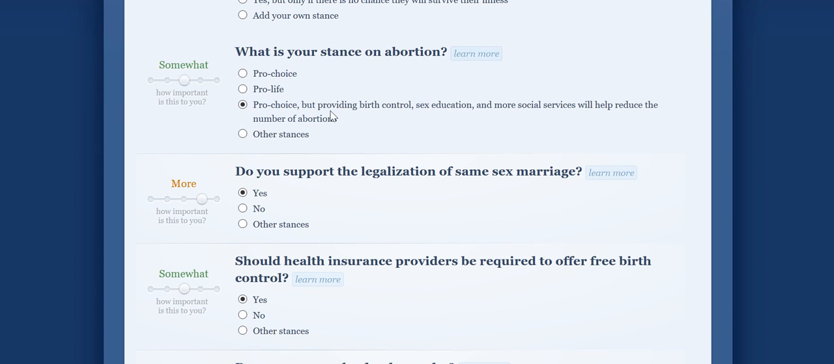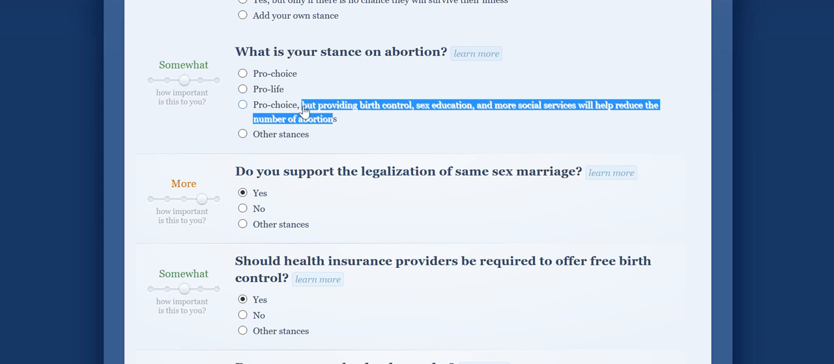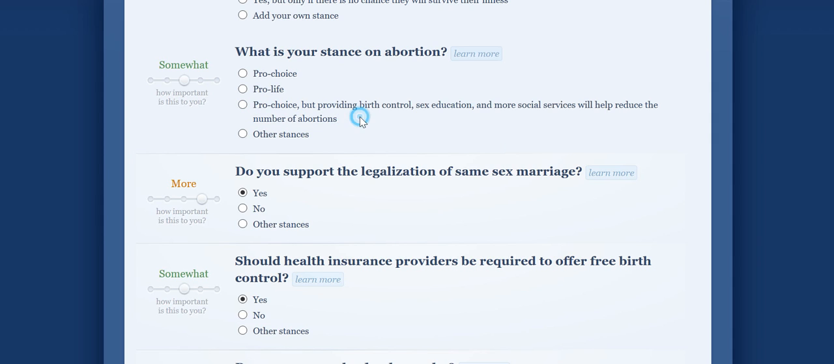I put pro-choice, but providing birth control, sex education, and more social services will help reduce the number of abortions. I put that all the later stuff here is factual. That's just factual. Like, we know that happens as a result of having liberal policies in place. That's my take on it. But I'm somewhat moderate on the issue of abortion, because